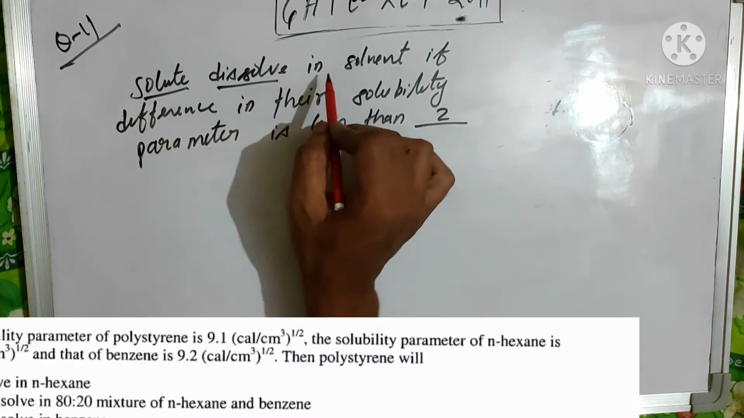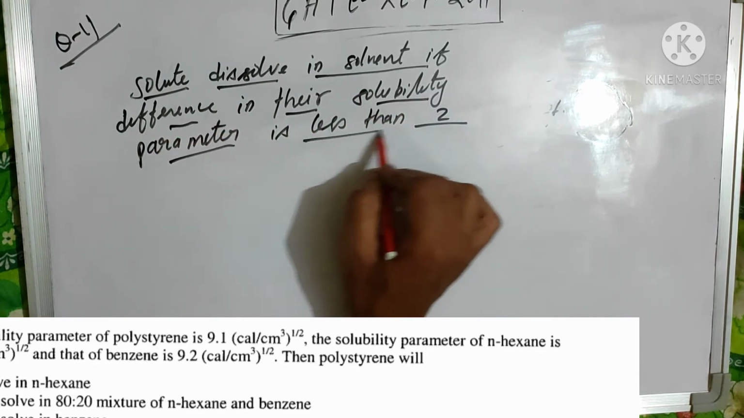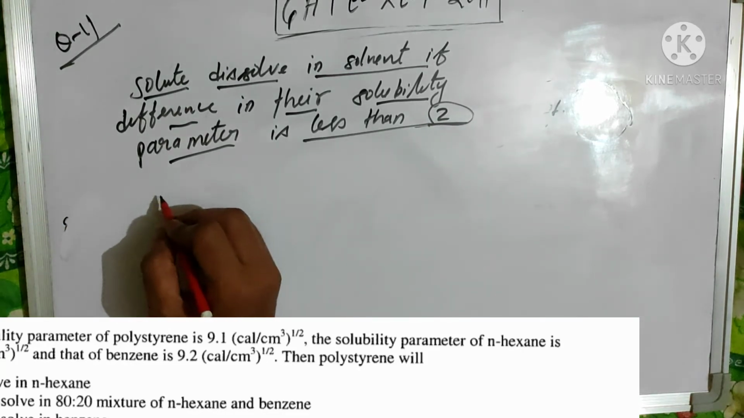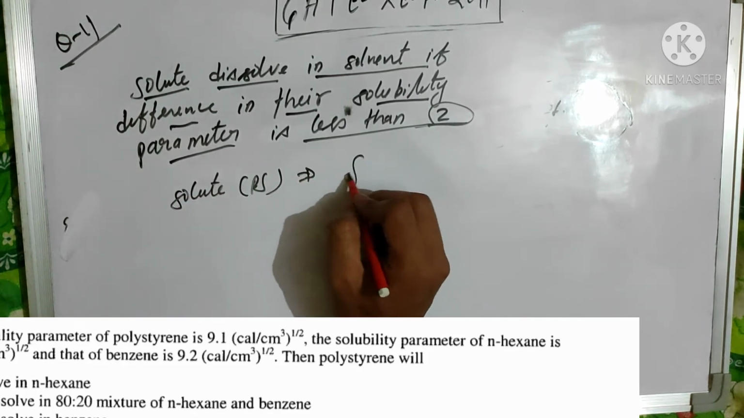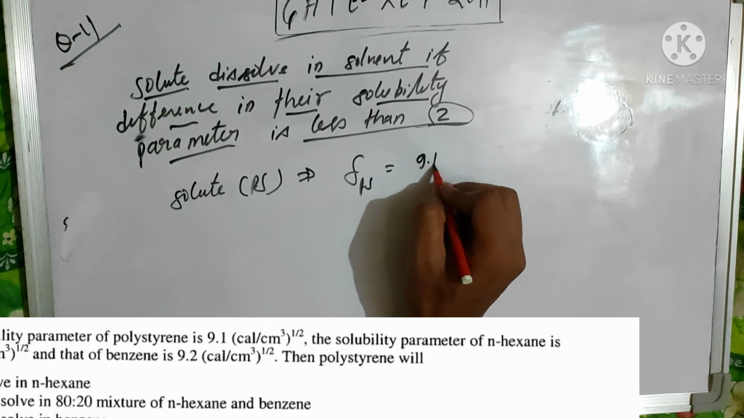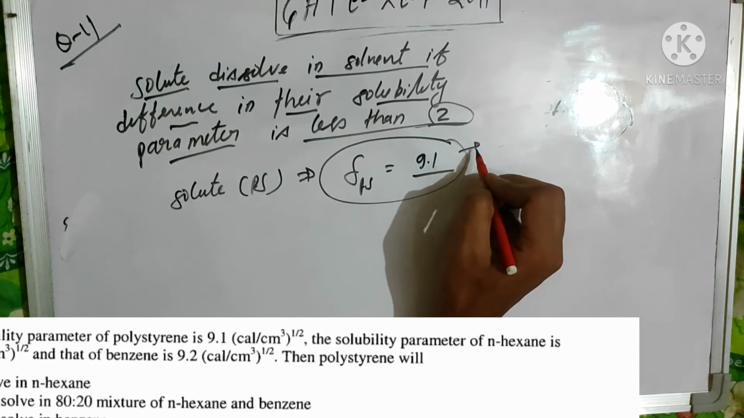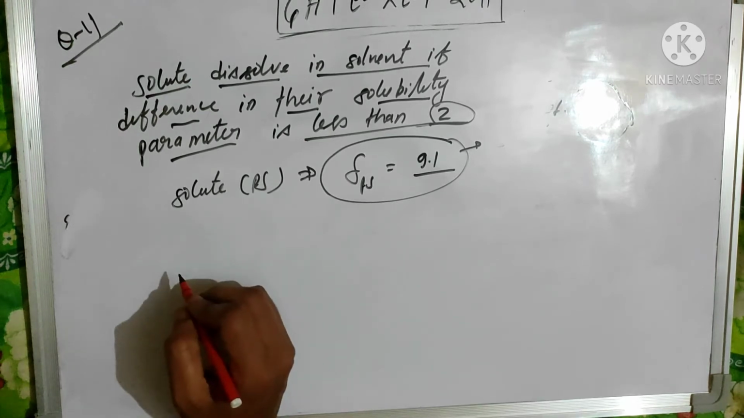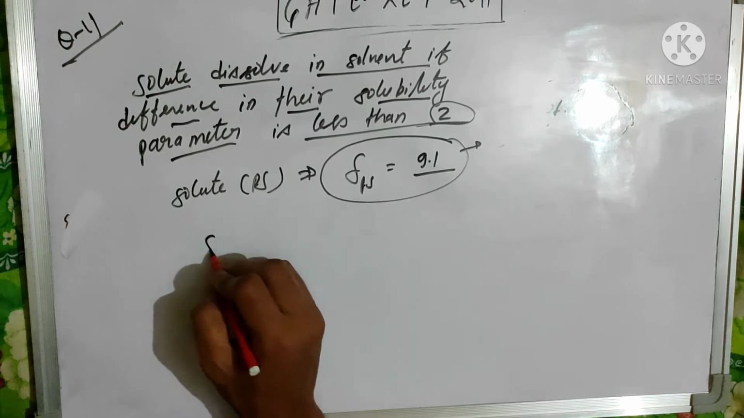The solute dissolves in the solvent if the difference in their solubility parameter is less than 2. In the given question, the solute is polystyrene and the solubility parameter of the polystyrene is 9.1, and it simply asks in which solvent it will be dissolved. By checking the options, only in option D,